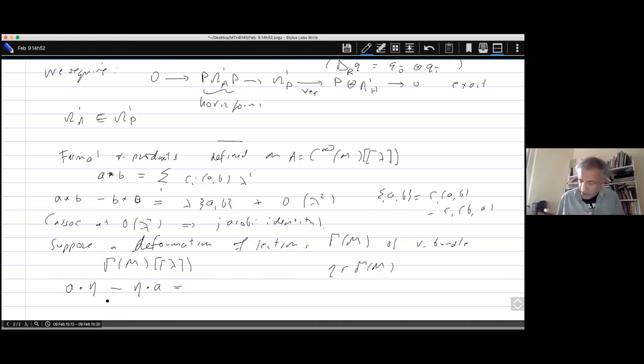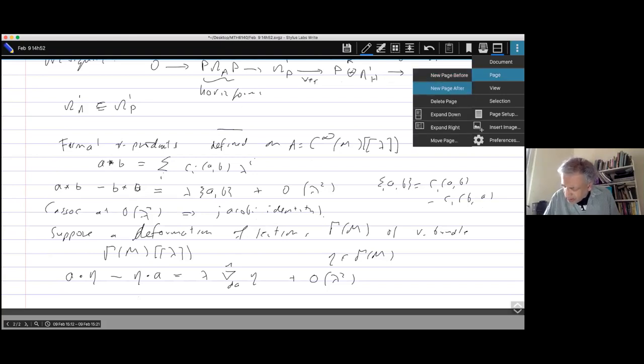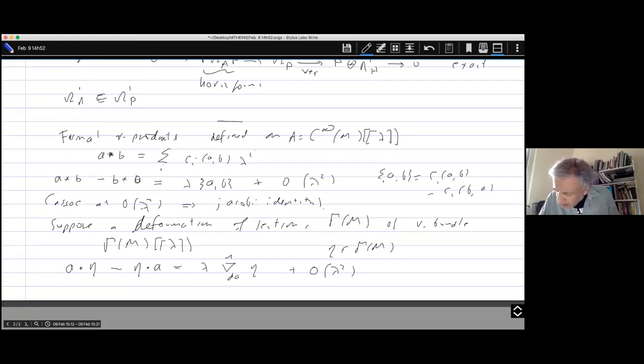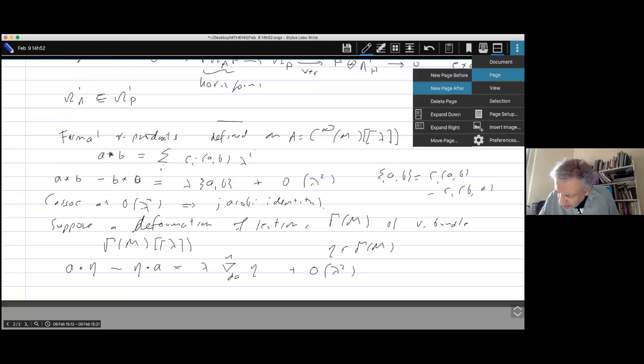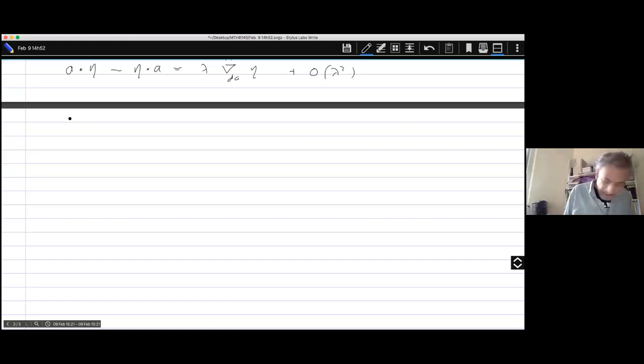But we look at the deformed product. So we suppose we've managed to quantize everything, all our data for differential calculus. And then we'll expand it like this. And there'll be some gadget here, which I'm going to call nabla dA eta plus O of lambda squared. Okay. So now what you discover is that nabla hat A, looking at order lambda,